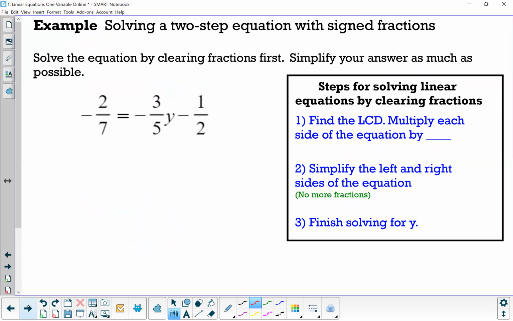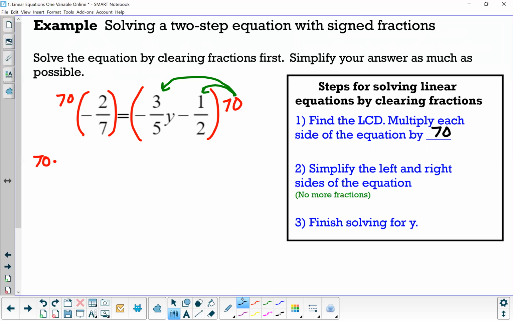We have here -2/7 equals -3/5 y minus 1/2. So to find the LCD, we look at the 7, 5, and 2, and our LCD is 70. So I'm going to multiply the left side by 70 and the right side by 70. Now on the right side, we're going to need to distribute the 70 to the -3/5 y and to the minus 1/2. So essentially that gives us 70